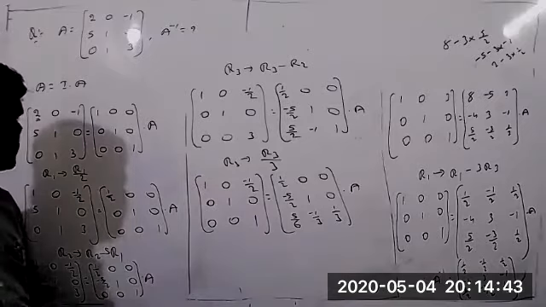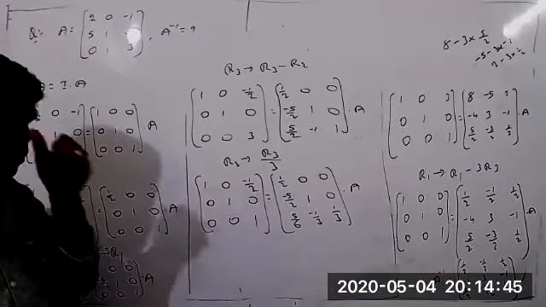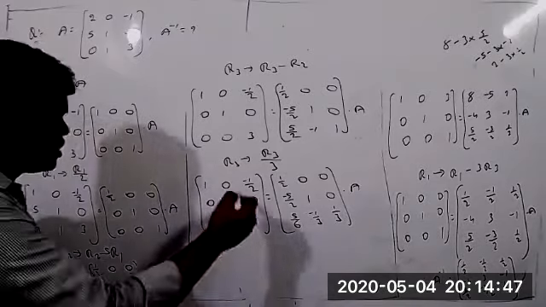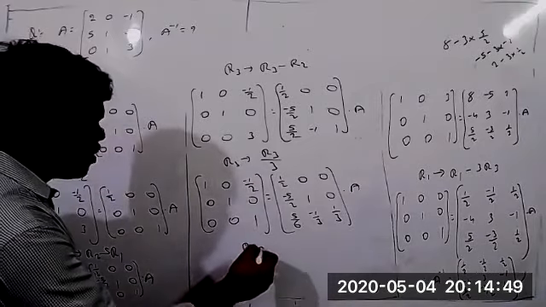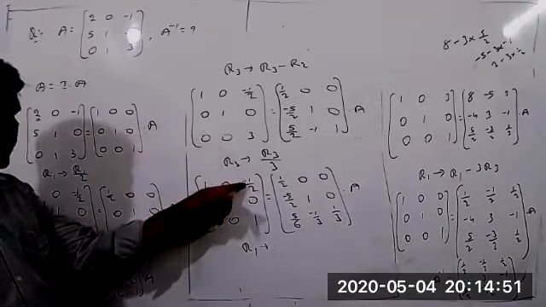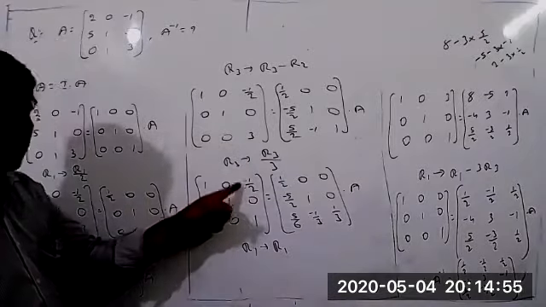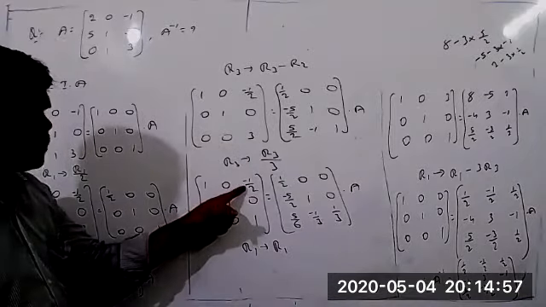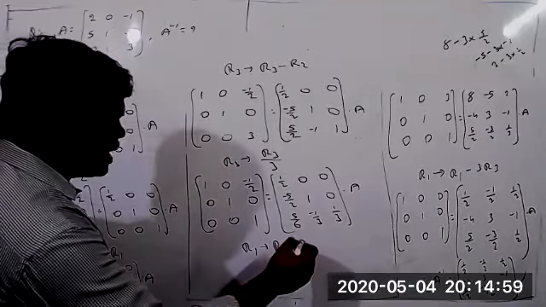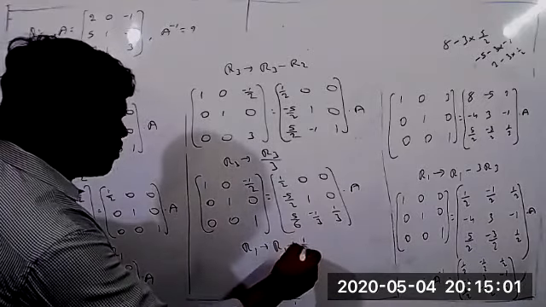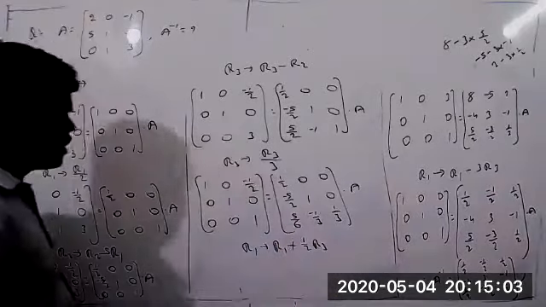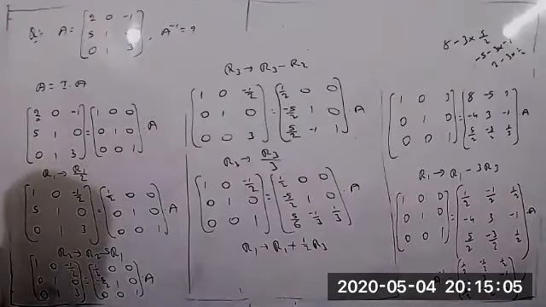We have only one chance there now. That is only the first row and the third row. First row and the third row I can change. So you can write now R1 such that... how do you get 0? Tell me now. R1, here already minus 1 by 2 is there. So this is a negative, which means I am taking plus here. So R1 plus 1 by 2 into R3. Am I correct now?